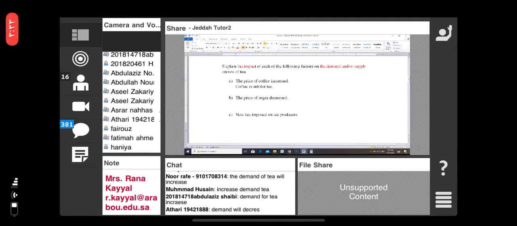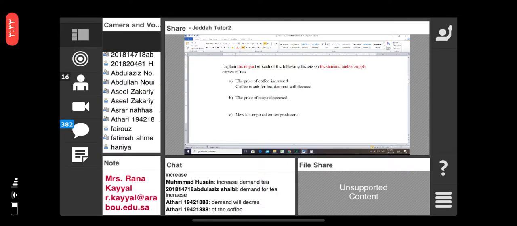Demand will decrease of what? Which demand will decrease? Demand on what, يا عذاري? Yes, coffee is a substitute for a tea, so that will lead that demand will decrease